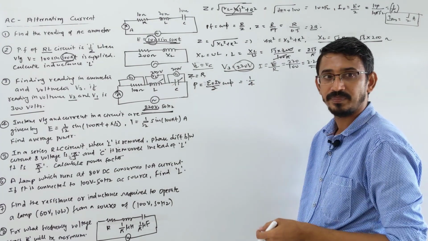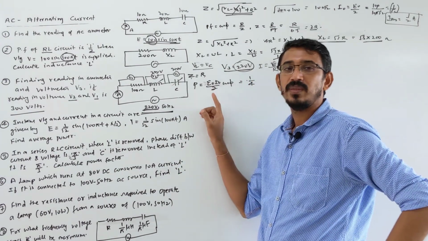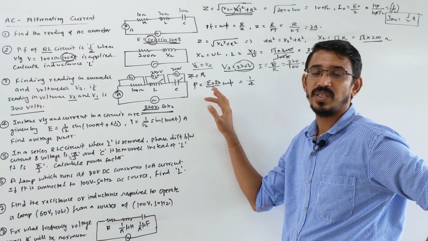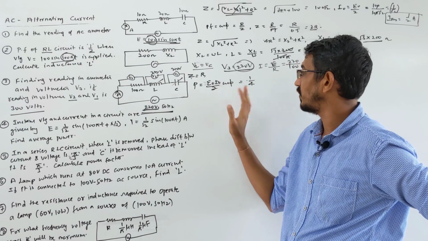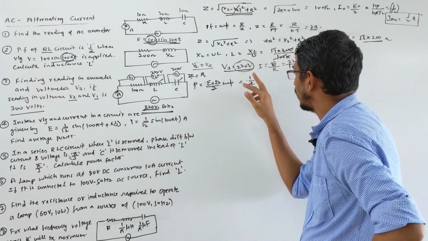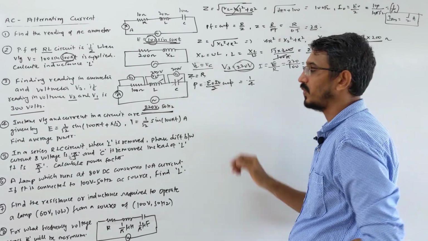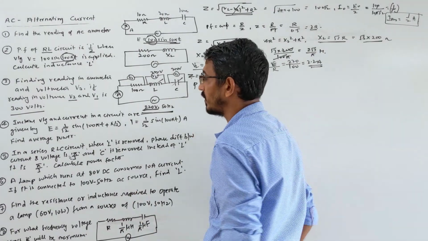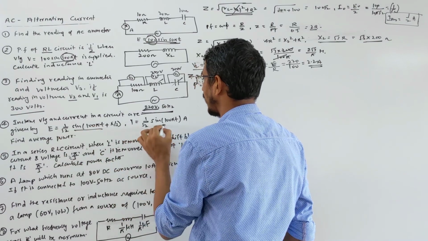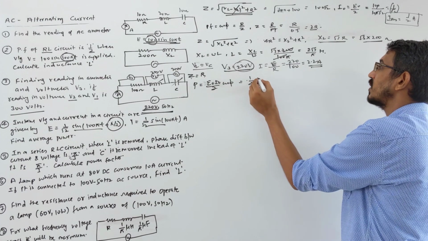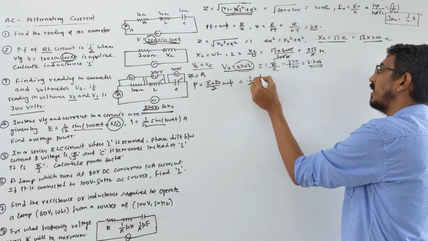1 by root 2 times 1 by root 2 becomes 1 by 2, and the 2 is already there, so it becomes 1 by 4. The formula is like E RMS, I RMS, in terms of maximum values, E naught by root 2, I naught by root 2, so this format. So E naught is 1 by root 2, I naught is 1 by root 2, thus it becomes 1 by 2, and with the 2 there, 4. Now what is cos phi? What is the phase difference between these two waves? Here sine, here also sine. So what is the angle here? Pi by 3 extra. So cos 60 we need. Cos 60 means again what? 1 by 2.